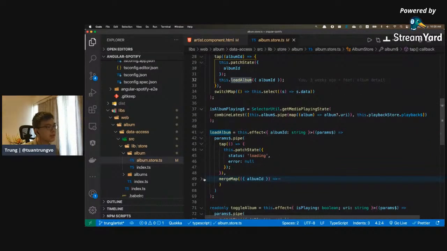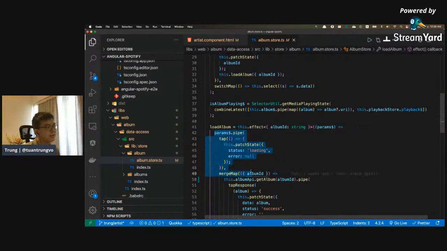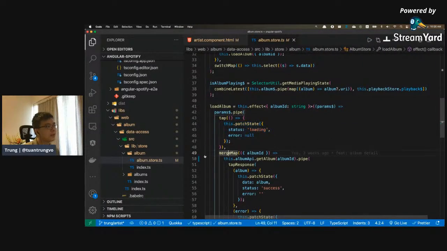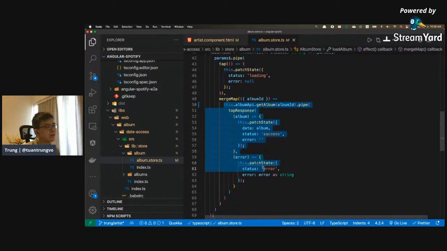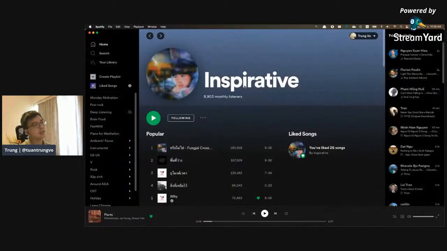And the load album is basically doing some kind of effect, and then taking the param. And if there's something else, we just set the status to be loading, and then we take the data from the API and just pass it into the component store. Because as you can see, all of the data in the itis space is basically only going to be used for the itis space. So we might not need to introduce global state management for that unless you wanted to cache it. So you need something to cache the itis information. But for inside the context of this page,